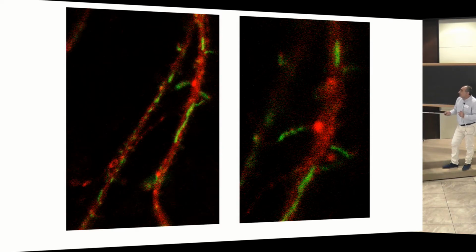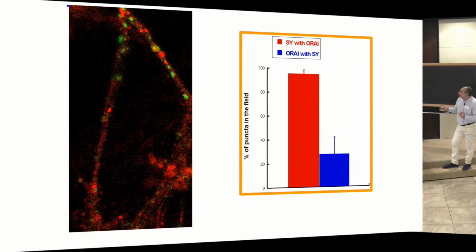Also here, red, you cannot see it well, but this is a store and some ORI nearby. And so if we analyze this, we say store plus ORI, very big chance. ORI puncta can be anywhere else, so low chance to be colocalized with a store. But if we see some store, ORI is nearby. That's mainly the story I wanted to tell you.